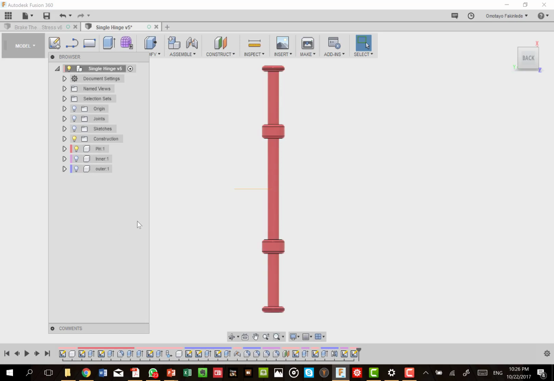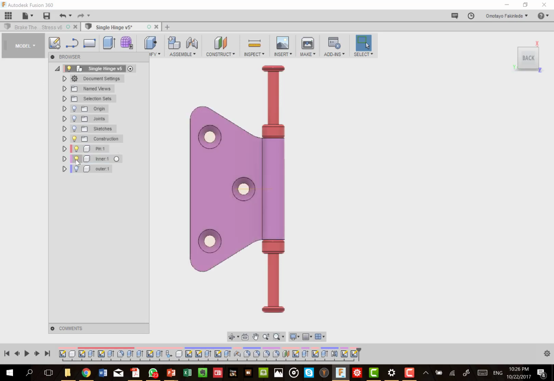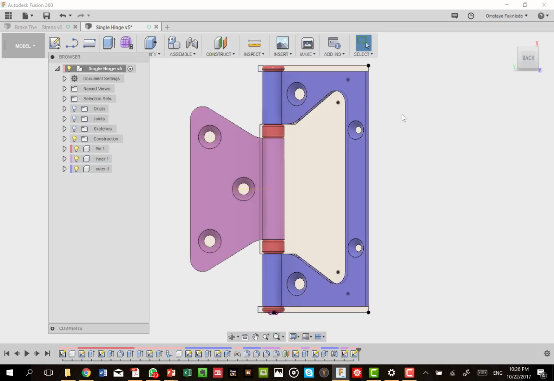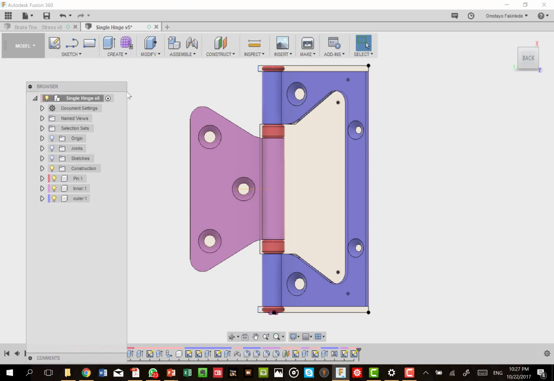So we are going to subject this whole hinge body to loads. And we are going to model the kinds of loads that the hinge is likely to experience in its service life. First of all, before we look at the loads, we need to specify the constraints. And to specify the constraints, we must first of all move into the simulation environment.